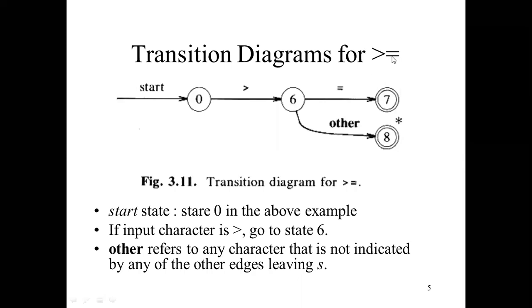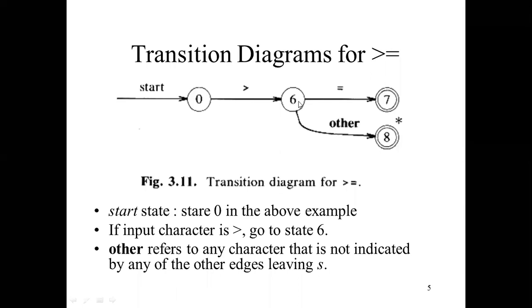Now we are considering the transition diagram, how we will draw the transition diagram for greater equal. First we will draw a single circle and write 0 here, then the greater than sign. Again we will draw another circle, because this is the starting state, and this starting state has the connectivity to the next state, and here we will represent this sign, greater. Now we are going to draw the transition diagram for greater equal.